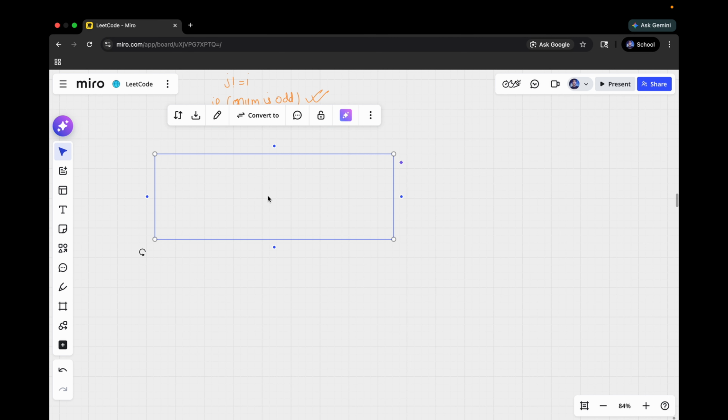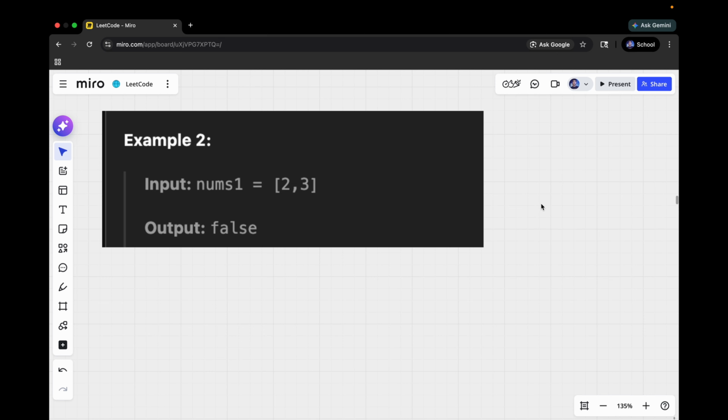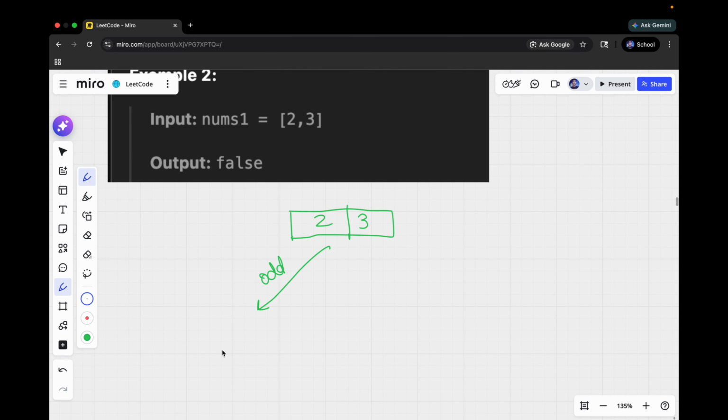So this example, right? Let's see this one. We have our array 2 and 3. If I try to make all the elements odd, in that case 2 is an issue for me, yes. So I need to find a number, and nums2 of i is equal to nums1 of i, or